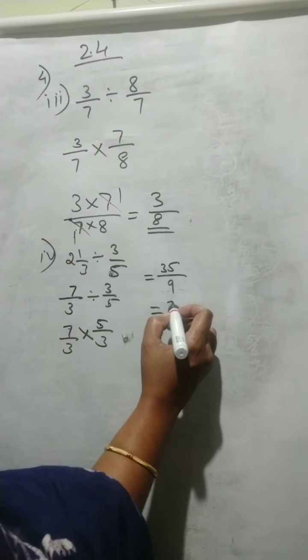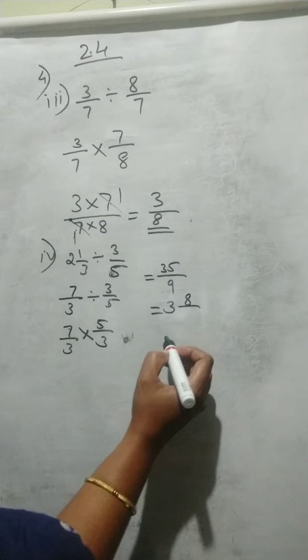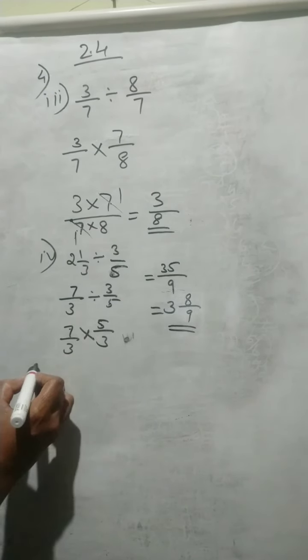3 9s are 27. 27 plus 8 is equal to 35. Then 9 will be there. 3, 8 or 9 is the answer. Then the fifth question is